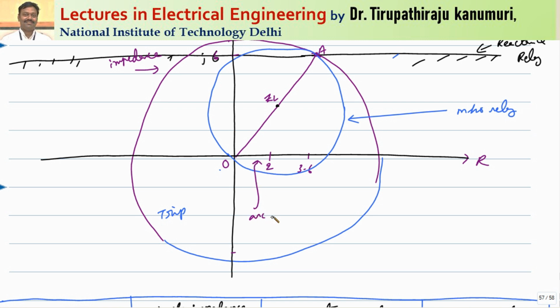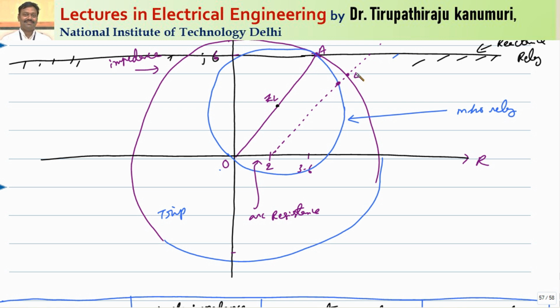This is the arc resistance. This line will be parallel to your impedance characteristic line, so draw a line. This line will go on, and this indicates my value of the arc resistance. Now corresponding to this arc resistance, see where this is intersecting. It is intersecting at this point.